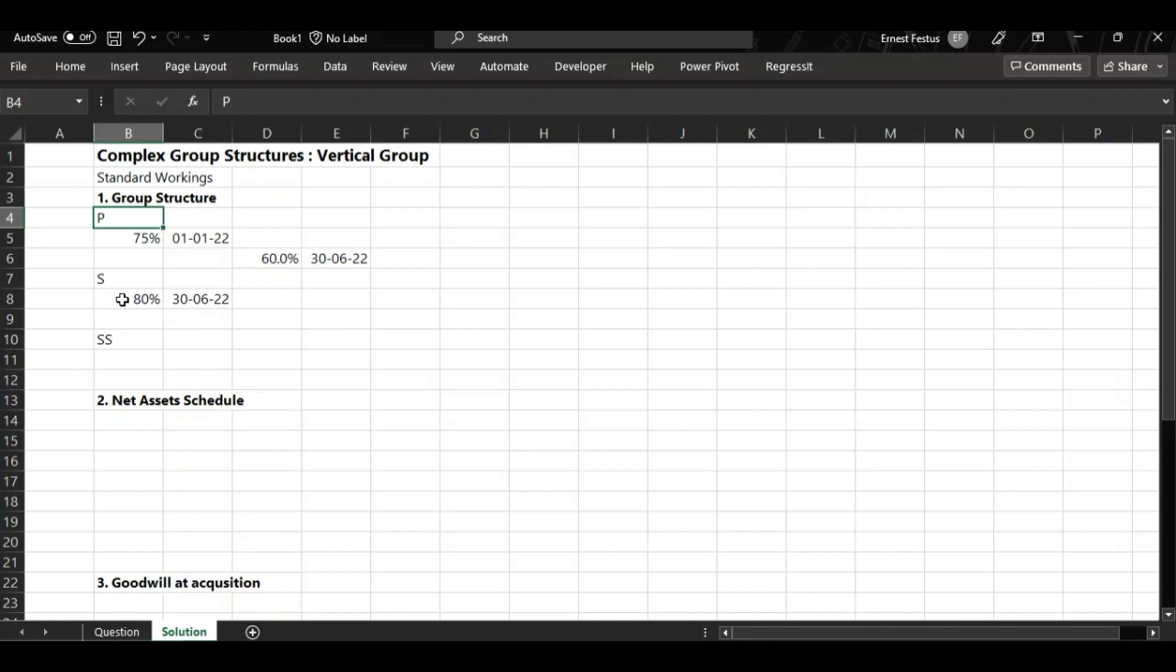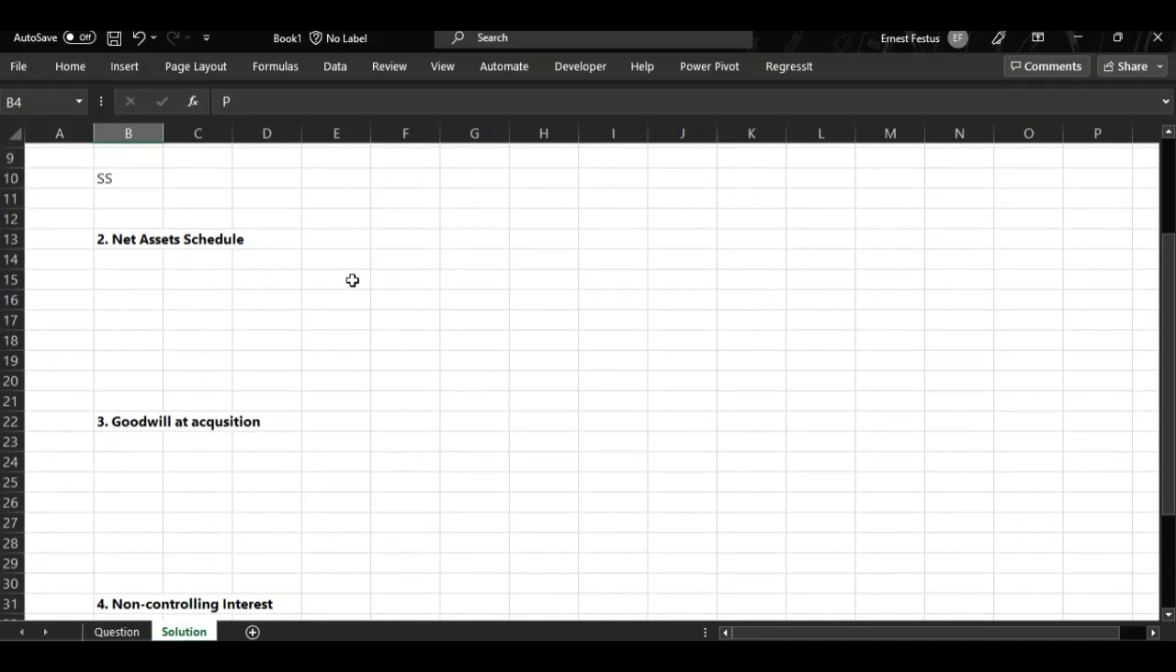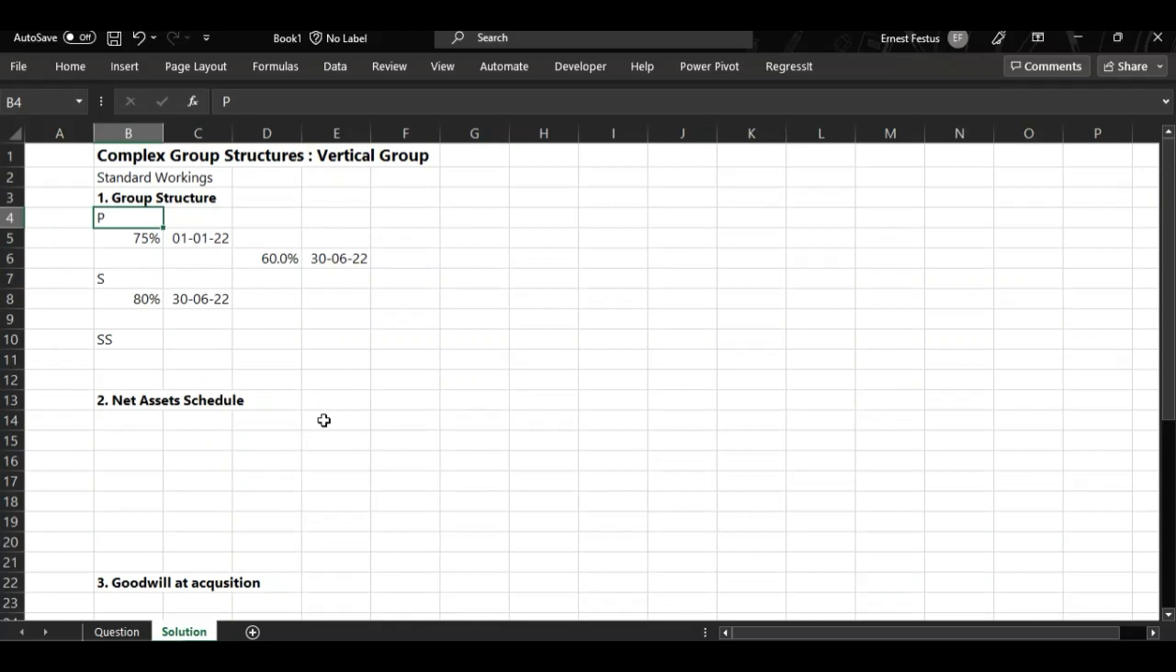Okay. So that is it for the group structure. Now we come to the net assets schedule. This is the second standard working whenever you are solving a group or consolidated accounts question, the net asset schedule. The net asset schedule is a list of all the assets of the subsidiaries that the parent